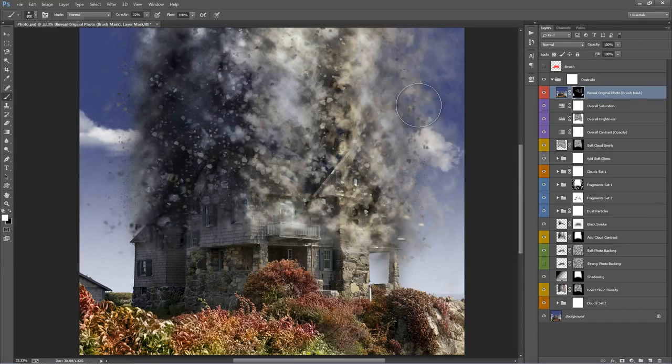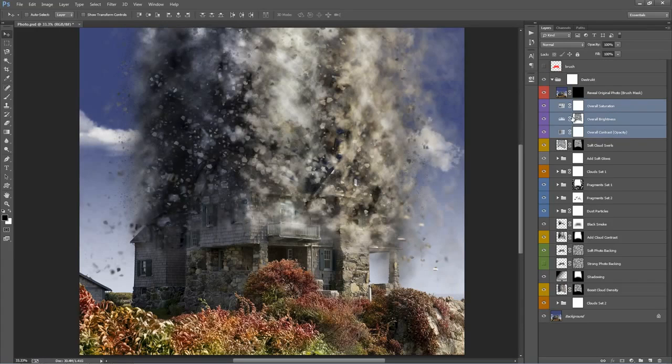Okay, and if you want to bring it back, grab a black brush. I'll hit X to make that the active color, and just start brushing back in on the mask. You can see that. What I might do is fill that whole mask in black just to bring it back to the original state. Alright, so going on down, these three layers in here, I've just labelled them all with purple,